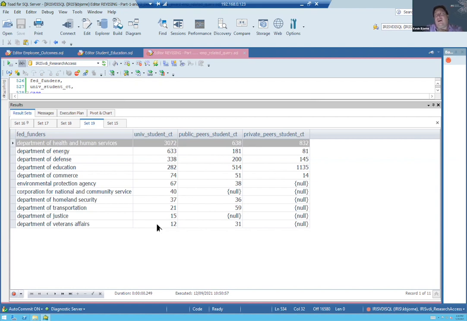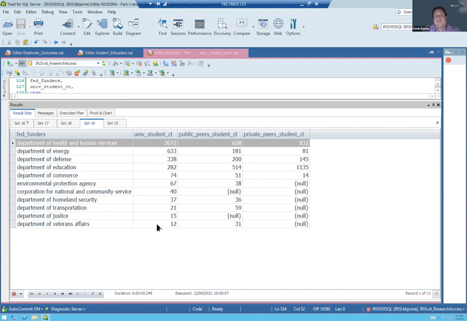So if you're interested in something similar, students who are funded by the Bill and Melinda Gates Foundation, you could run the exact same kind of code to find that out. Now, I've created two very high level, actually not me, Natsuko created two very high level peer groups here. All public universities that are members of IRIS and all private universities that are members of IRIS, and counted the number of students on average that are supported by the exact same federal agencies